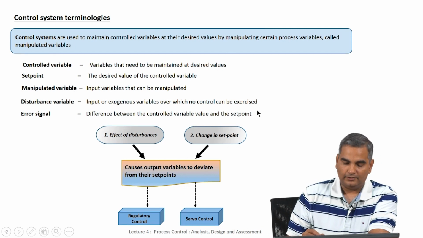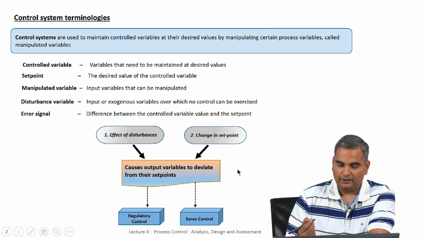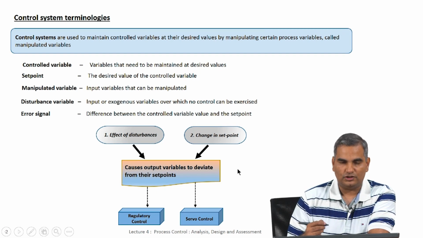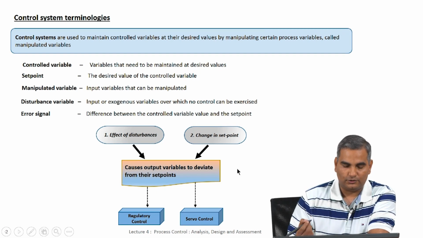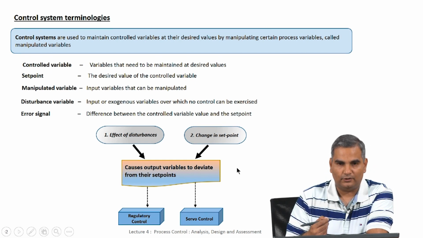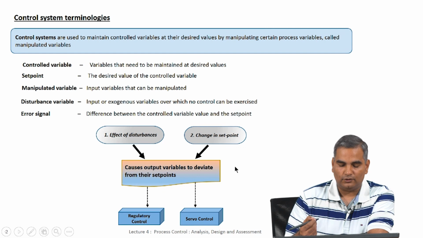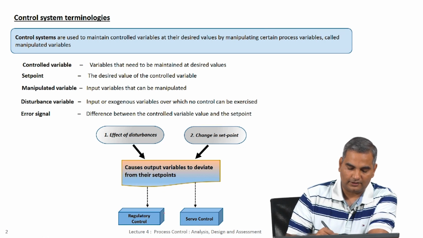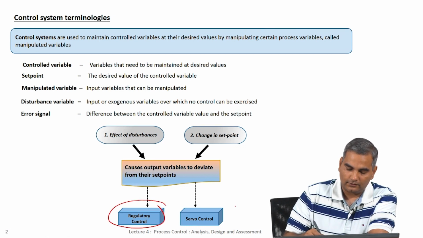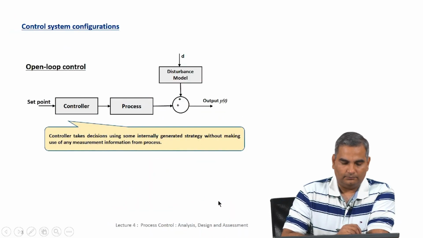And as we said before in previous lectures, let us assume the control variable is at its set point. Now, you would need to change the control variable from its current position, either because you have disturbances which change the control variable from its value and you want to bring it back to its set point, or you want to change the set point and have the control variable follow the new set point. We talked about these and said one of them is called regulatory control, the other one is called servo control. So, the simplest idea of a controller is the following.